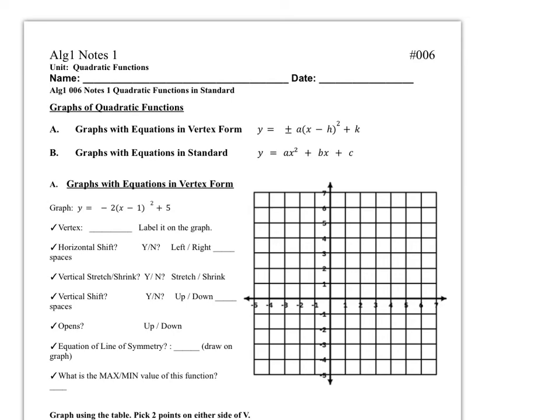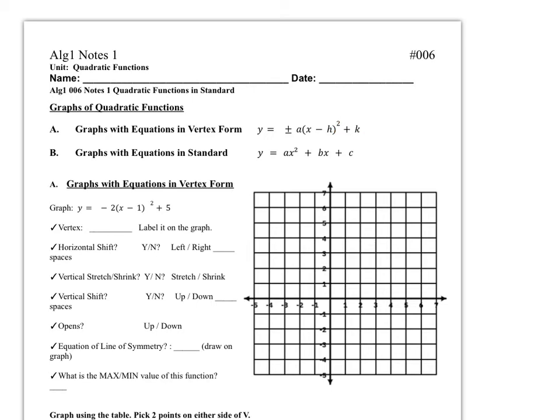In this set of notes, we're going to talk about the difference between vertex form of a quadratic equation and standard form. We're going to review some of the things that we've learned about vertex form and our expectations regarding quadratics, and then we're going to learn how to graph using standard form by finding the axis of symmetry and building around. So first, remember that vertex form is y equals plus or minus a times x minus h squared